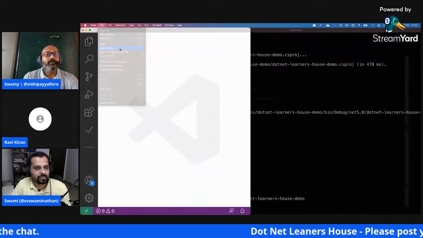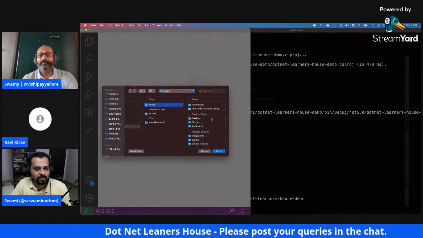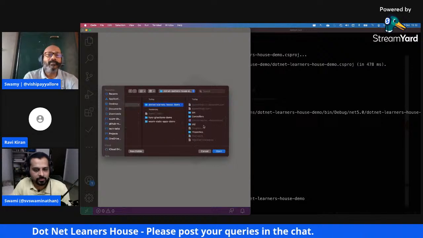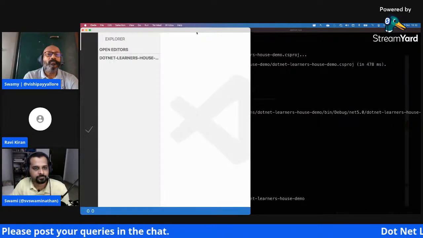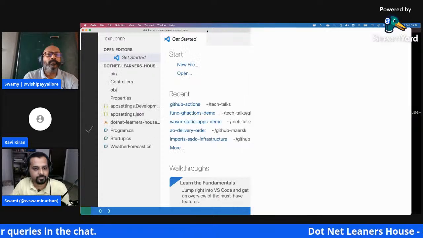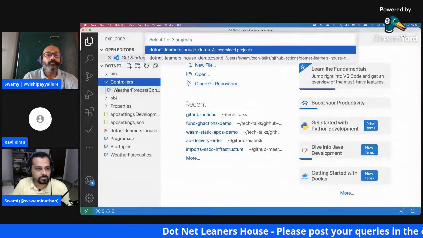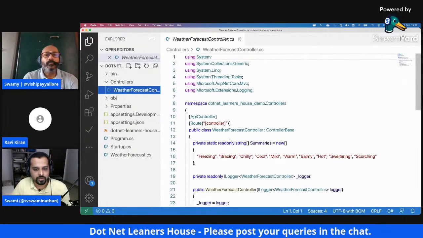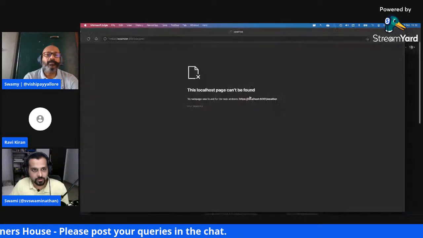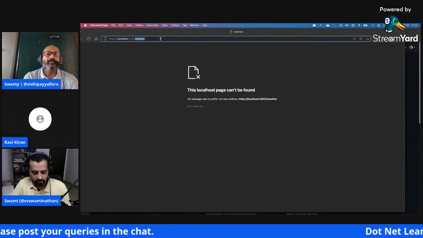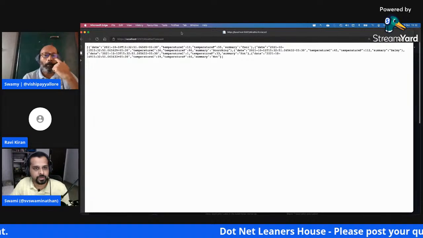I was having another pizza controller thing, which is what I was trying to... Okay, so we have the weather forecast controller. Yeah, if I do it, it works. Nothing fancy here.